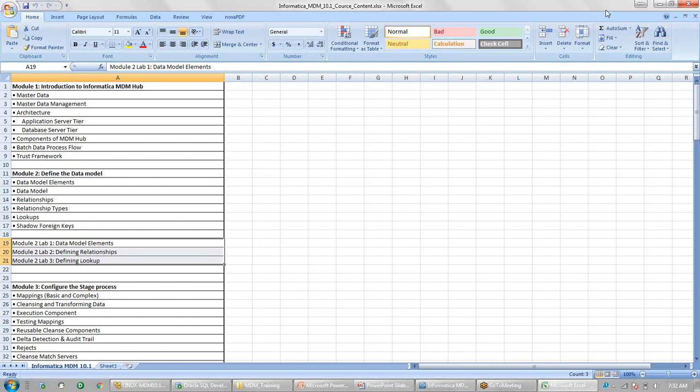The lab guide and other details are already there in the shared path. You can work on the labs, and if you have any questions during the lab, you can just mail me. I'll put my mail ID here so everyone can copy it, and if you have any issues during the lab, just send me a mail. I have access, so I can check and let you know how to resolve that.